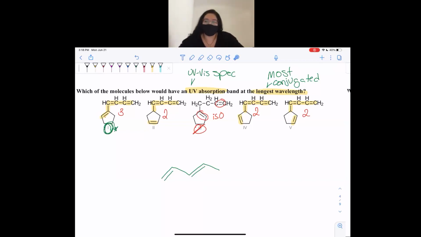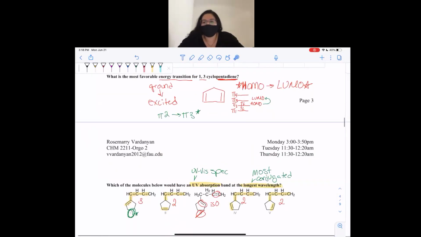I'm going to go back to the question that someone asked about the last example. So I'm just going to scroll up a little bit. So the question was, okay, this is a really good question. They said, so is this molecular energy structure similar to 1,3-butadiene? Yes, exactly. So I love that you pointed that out because you guys have to notice that no matter how many carbons there are, whether this is cyclic or not, we have 2 double bonds, and it's the same for 1,3-butadiene. So for the purposes of this class, they're going to have the same energy configuration